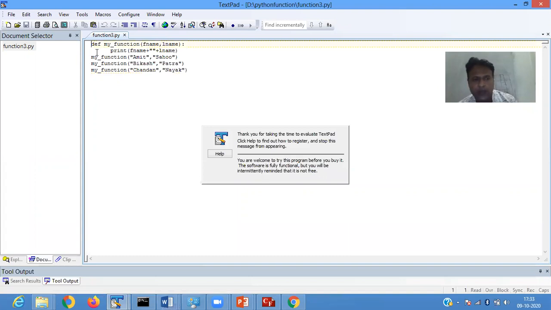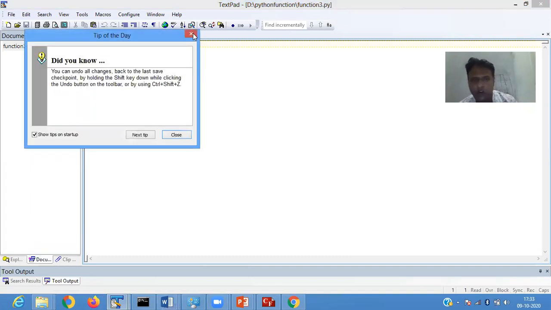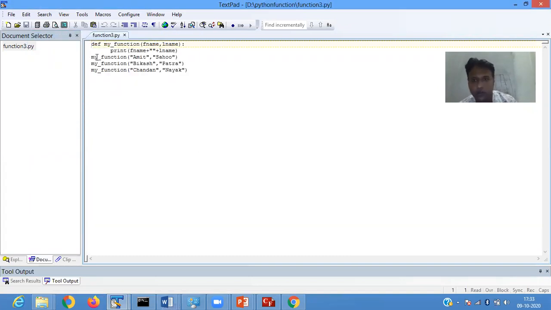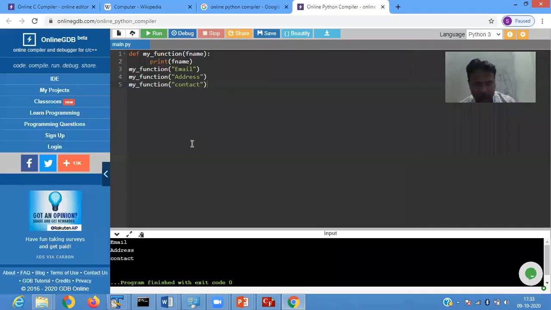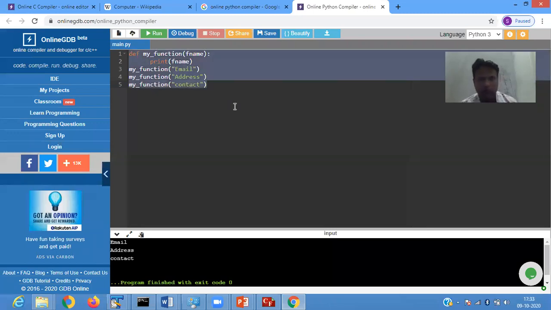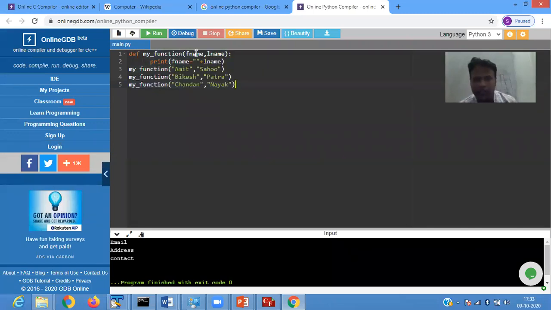Then here we pass two parameters and it concatenates the two values and shows the result. Definition my function f name and last name, then print f name and l name.